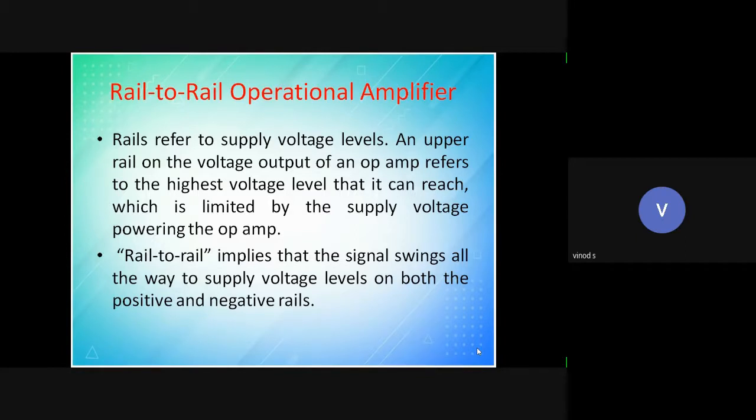For an instrumentation amplifier with a rail to rail feature, there are plenty of instrumentation amplifiers available. What you have to do is go to the data sheet and see whether the IC which you are going to buy has inbuilt rail to rail, which means you don't need to give two separate power supplies. You can give one power supply, that is more than sufficient. For example, if the op amp requires plus 3 and minus 3, you have to give VCC as 6 volts. Or usually what we will do, we will give the same 5 volt supply, but it will be internally divided as 2.5, 2.5, one plus 2.5, another one minus 2.5.